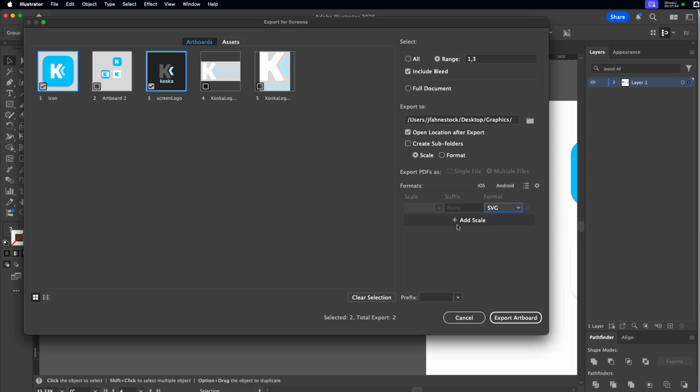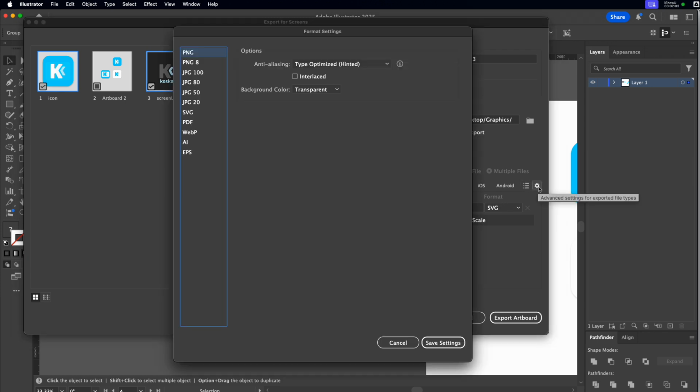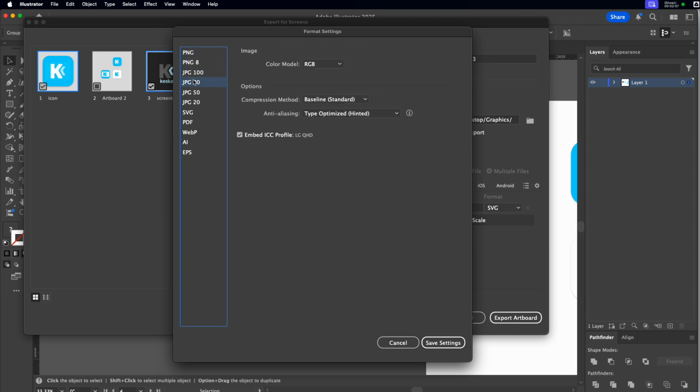Note that you can export them out in different formats, so you can say, okay, I want this as an SVG. I also want this 3 times bigger as a PNG. Pretty convenient feature there. In this case, we just want the one format. If you ever have to make adjustments to the general settings here, you utilize this little cog. So we click that, and now we have access to all the settings for the different formats that this system